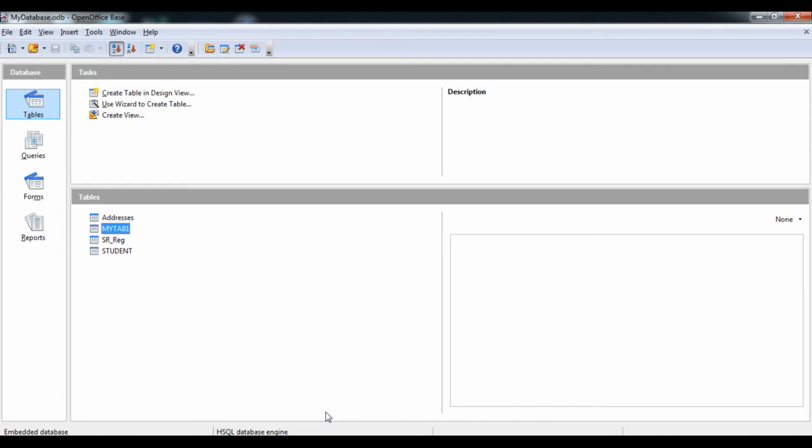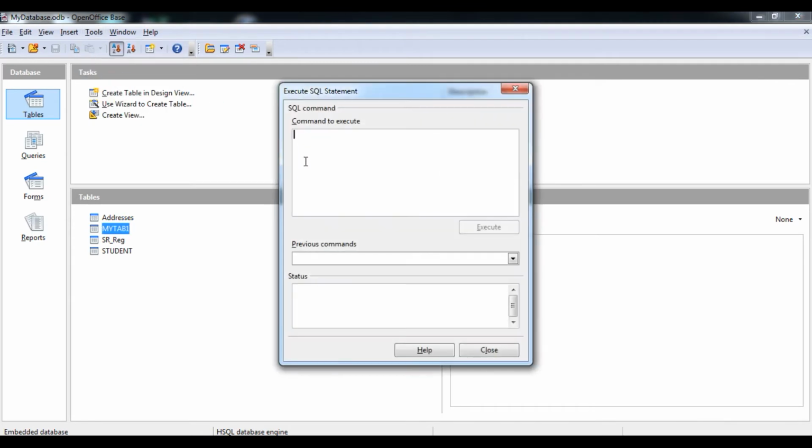Now student, we are going to see how to insert details or a record in a table. First of all, we go to the Tools option, then go to the SQL option, and then type here insert. It should be in blue color because it is a keyword. Into table name, my tab 1, then values.